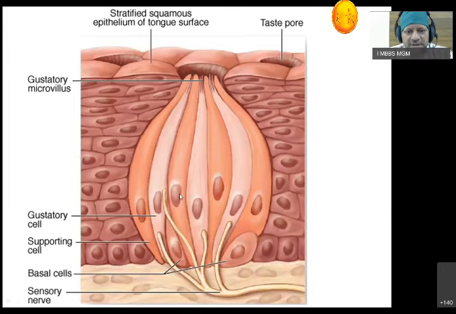So in the taste bud, you can see three types of cells. These are supportive cells, dark colored. You can see the nerve ending coming in, going to the gustatory cells. Gustatory cells at the apical surface show small villi, so with more surface area, they can take a taste sensation. How the sensation is taken, we are going to discuss shortly.